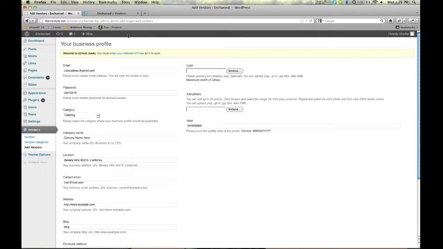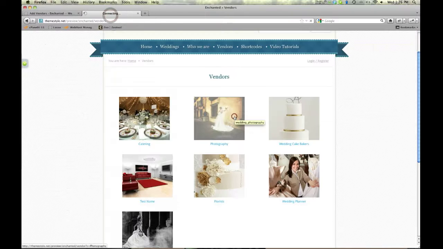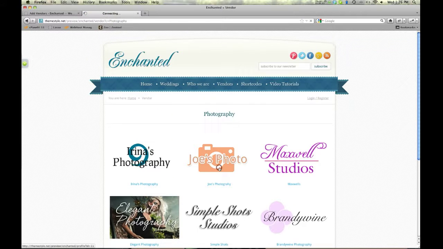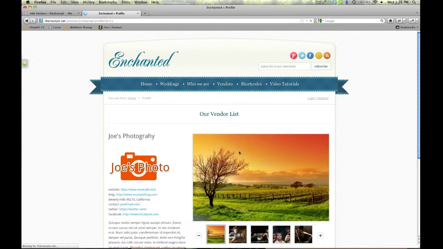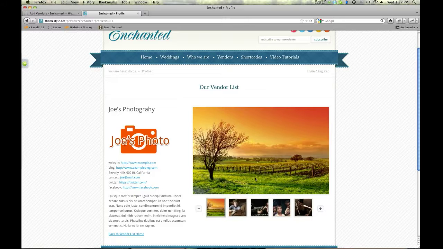You can add photos. The photos, if you remember, are the photos we have here. And you can put as many as you want. You can put 1, you can put 2, you can put just 3, you can put whatever. Once you get more than 5, it's going to automatically add the plus and the minus where you can scroll